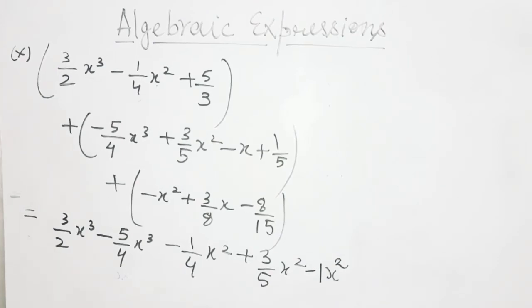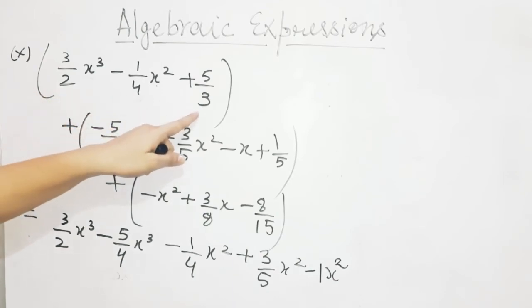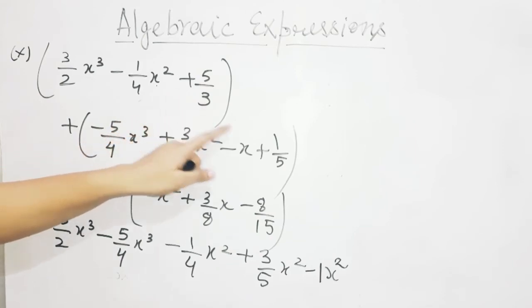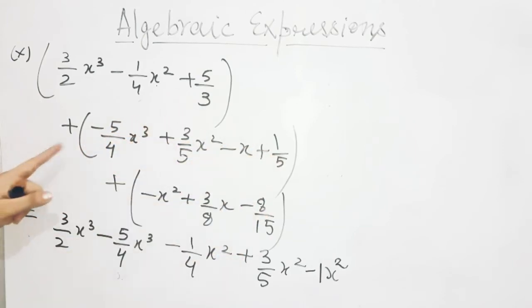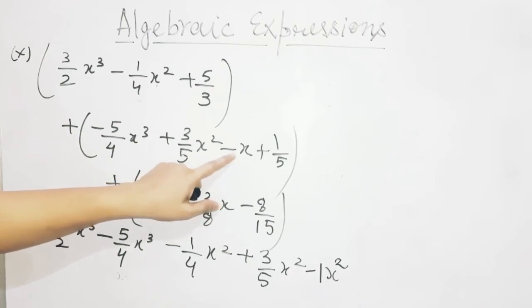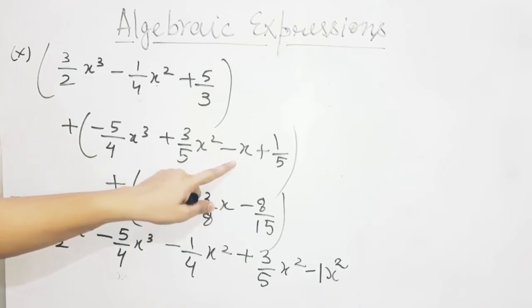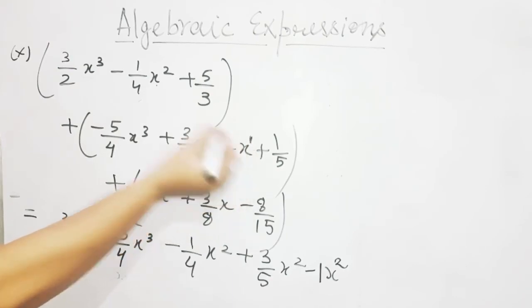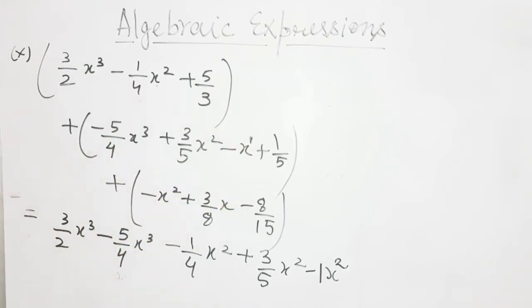Now what we have to do? We have to check for the next power. So the next power is, once you see this algebraic expression, there is no x in this. So you will not directly add all the constants, because there is one x here. In the second algebraic expression, there is the next power, that is x to the power of 1. If there is no power, then by default we will consider 1 as the power.